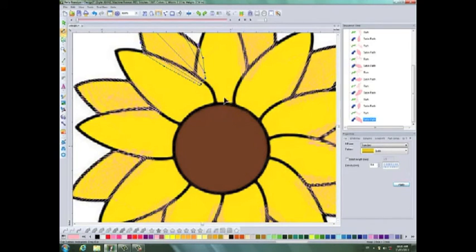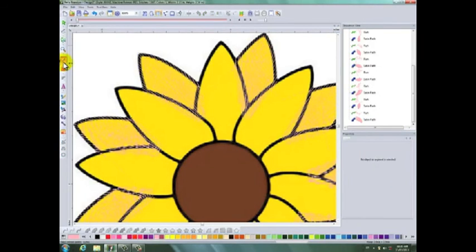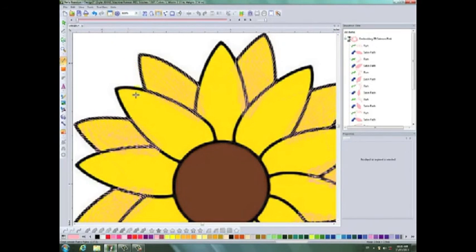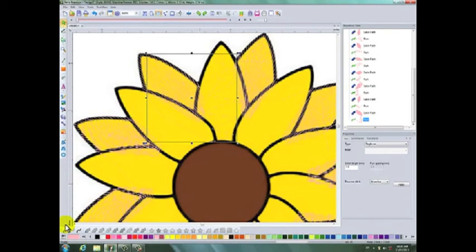Okay, I'm going to start with this one right here, and then I'll start to move myself around the design and move around this way. So I'm going to go back to my run stitch. I'm going to go to 600% just to make sure I'm at the right scale, and I'm going to start right here where I left off, and again I'll put in some underlay stitches, and I'll right click, turn that into a run stitch, go back to my line tool, and I'll start to outline this one here,